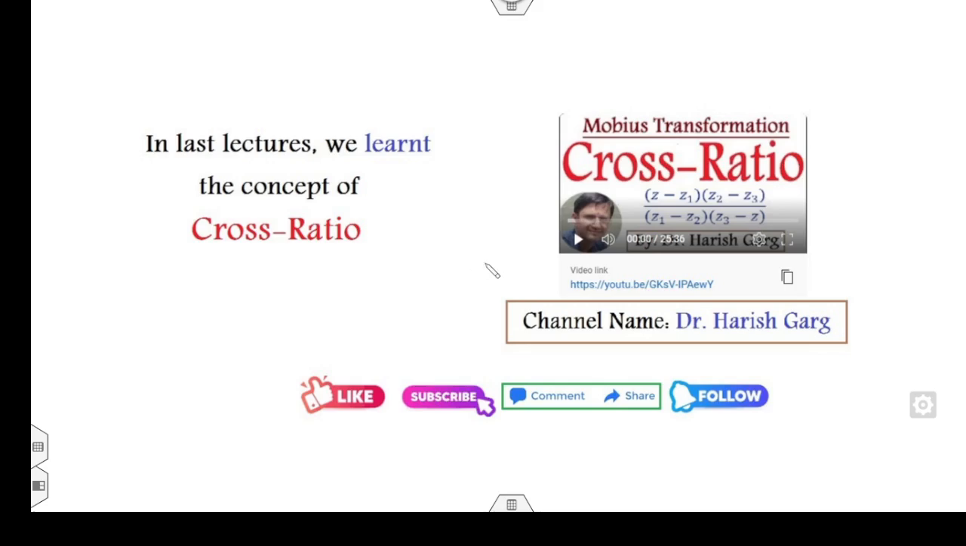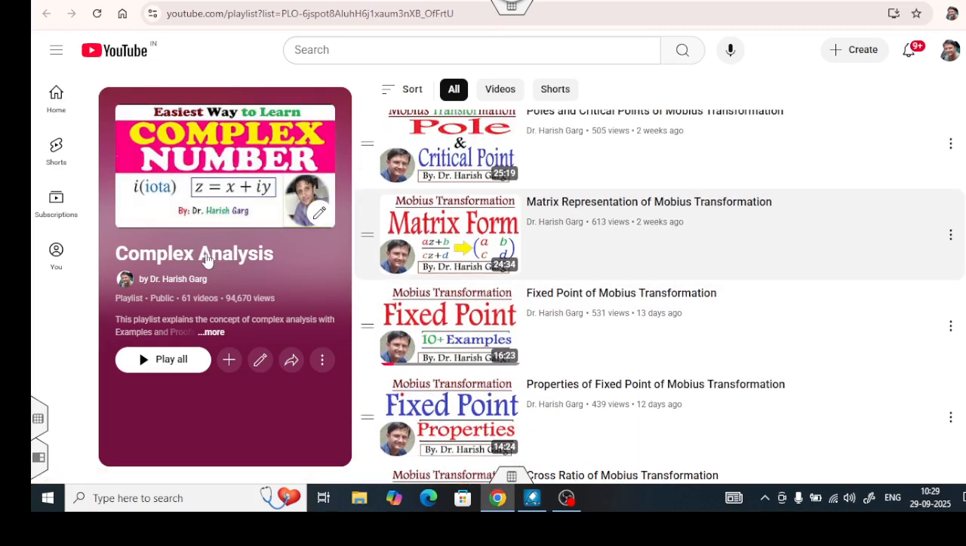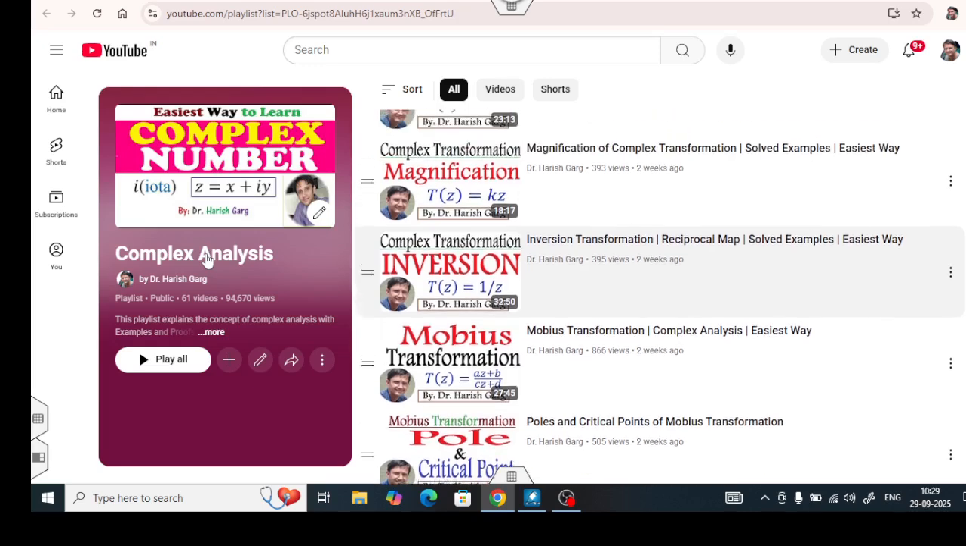What we have discussed in our last lectures, we have learned the concept of the cross ratio, and that lecture you can find in the playlist Complex Analysis. You can see the concept of the cross ratio, fixed point, matrix representation, Mobius transformation, and many more lectures available